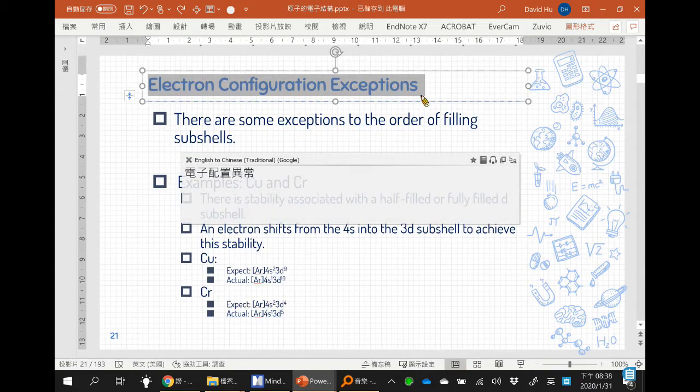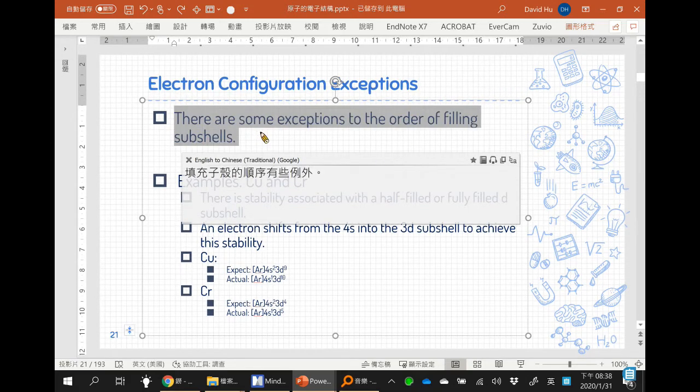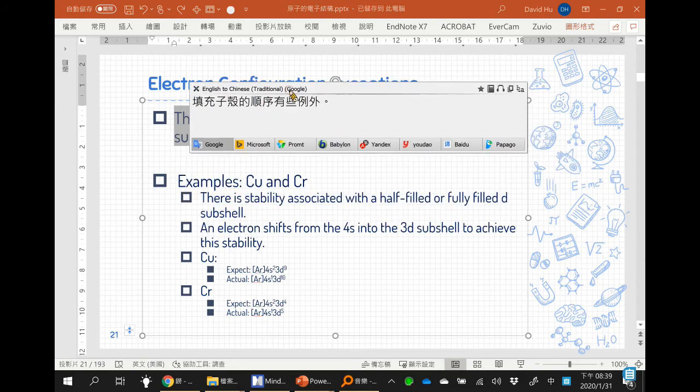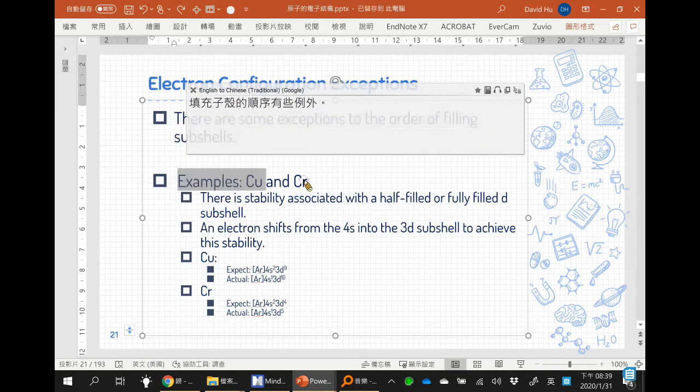Electron configuration exceptions. 电子组态异常。There are some exceptions to the order of filling subshells. 好，填充次壳层的顺序有些例外。Examples: Cu and Cr. 例如铜跟铬。